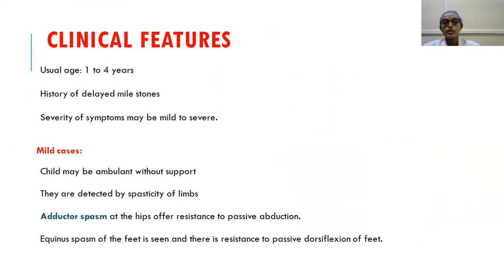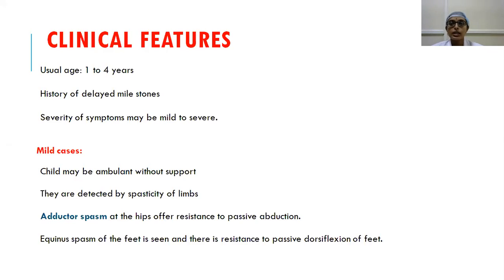So coming to the clinical features, as I told earlier, child will be usually of 1 to 4 years of age with history of delayed milestone. And then the severity of symptoms may be mild to severe. In mild cases, the child will be ambulant without support and they are detected usually by the spasticity of the limbs. While walking, there will be